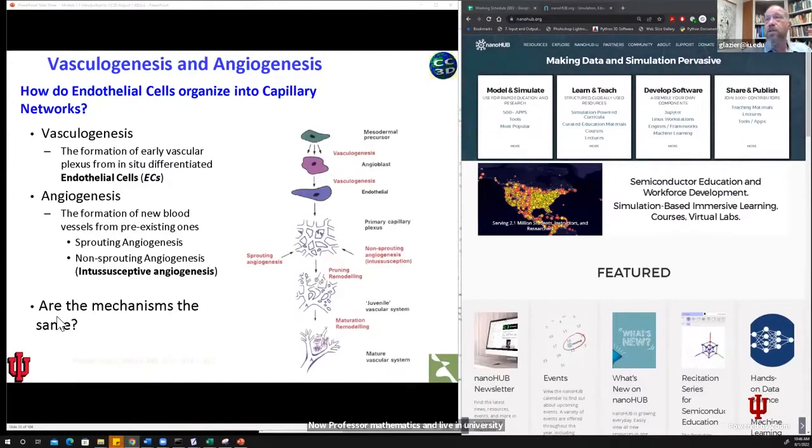In vasculogenesis, you have individual precursor endothelial cells that are going to spontaneously self-organize to form blood vessel networks. The same kind of cells show up in developed blood vessels and can lead to what's called sporadic angiogenesis. And one of the questions back 10 or 15 years ago was whether the same mechanisms could work in both